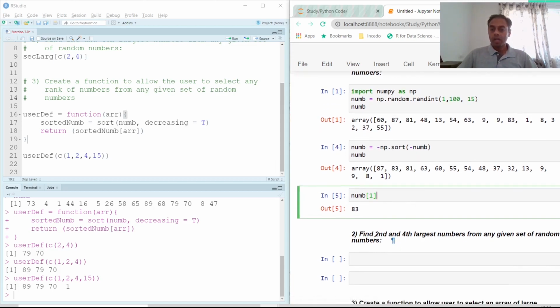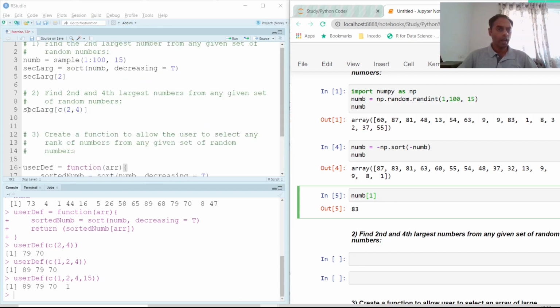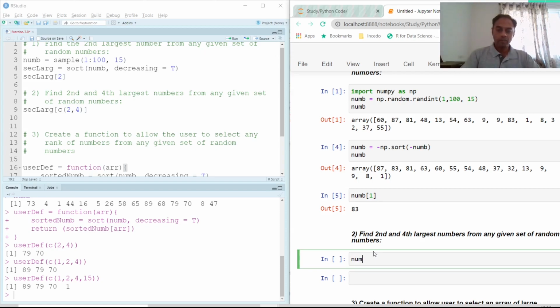Now find the second and fourth largest numbers from any given set of random numbers. So just like we had here, we passed the vector of the second and the fourth largest numbers inside the square bracket. Now in Python also we can do it in the same way, but it will give us an error. Let's do the very same way and then let's try to sort it out.